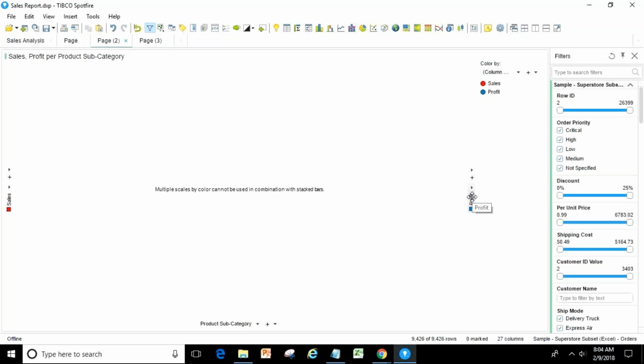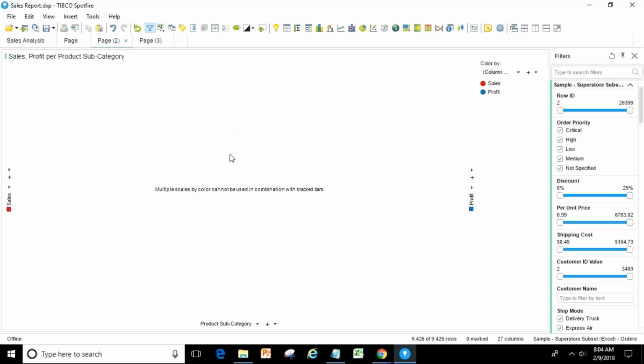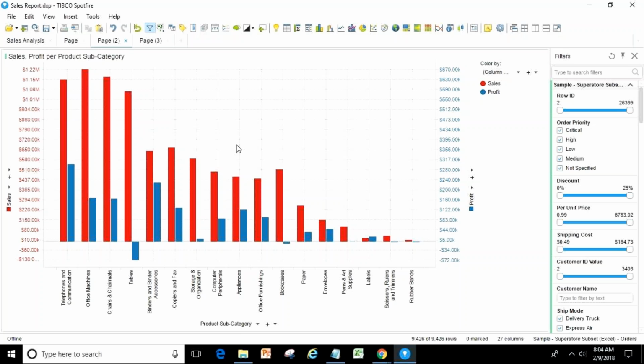But there is a catch, a limitation: when you have multiple scales, you cannot use stacked bars. You have to always use side by side bars only.